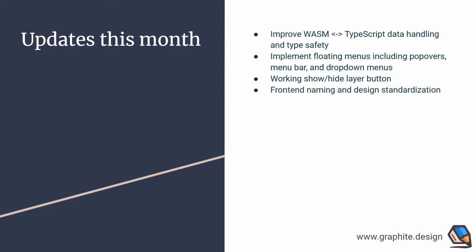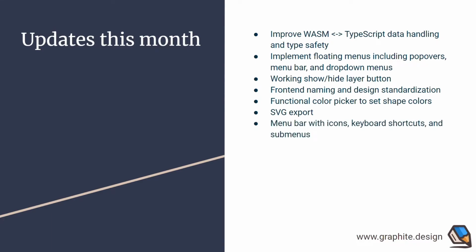And then the front-end naming and design standardization is basically just some code cleanup. And then functional color picker and set shape colors. You can actually pick your color now, and now the shapes that you draw will be the color of the shape you have set up. Then we have an SVG exporter. So if you make some art, you can actually export that artwork as an SVG and download that.